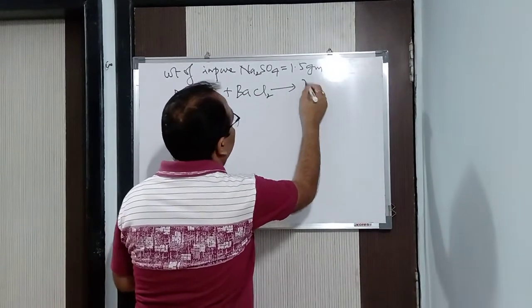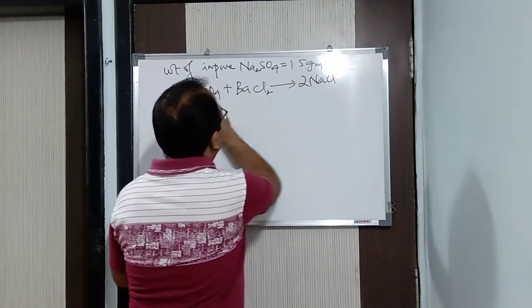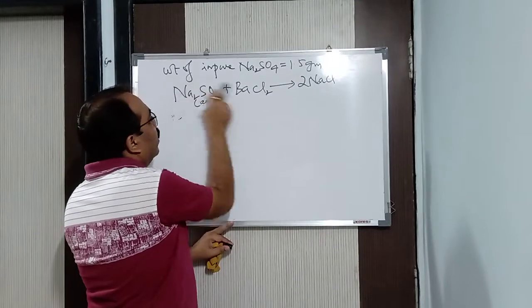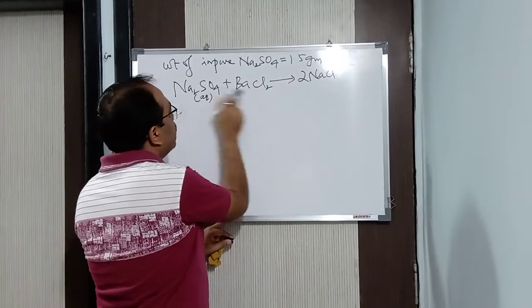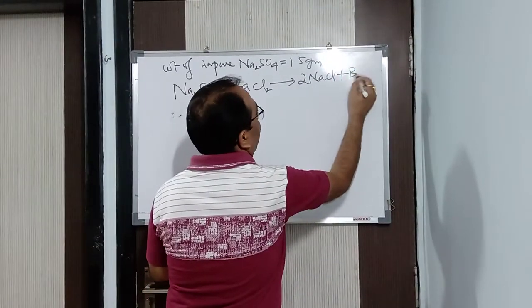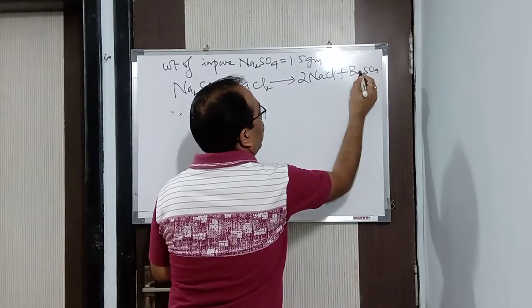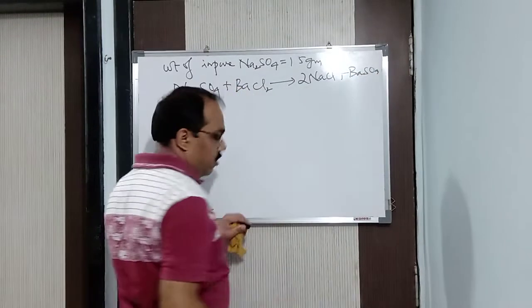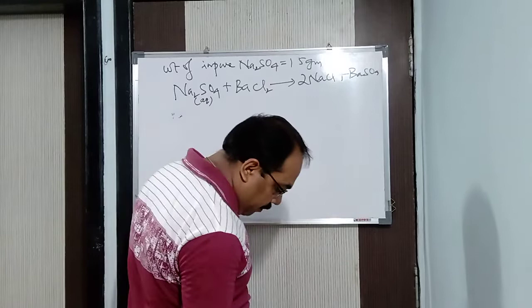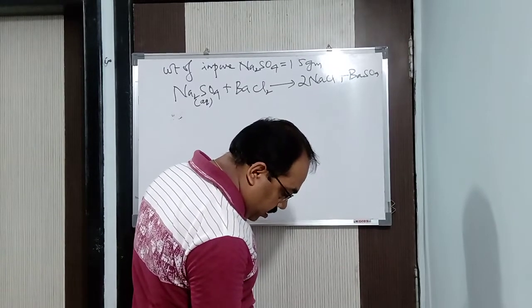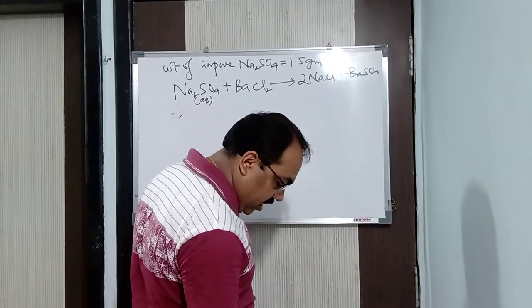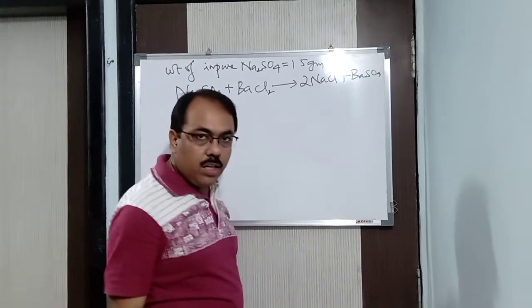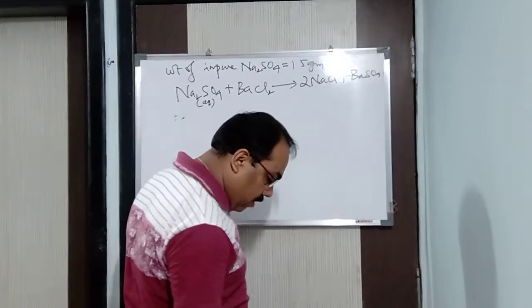Now what is going to happen? 2NaCl, double decomposition reaction, isn't it? Na is going to go with Cl. 2NaCl plus BaSO4. That is a white precipitate, you know that. You have studied in the lower classes. Was treated with excess of barium chloride solution when 1.74 gram of barium